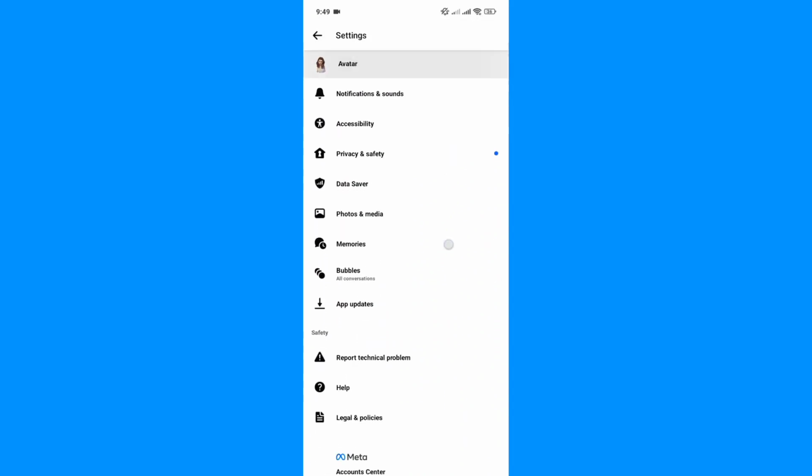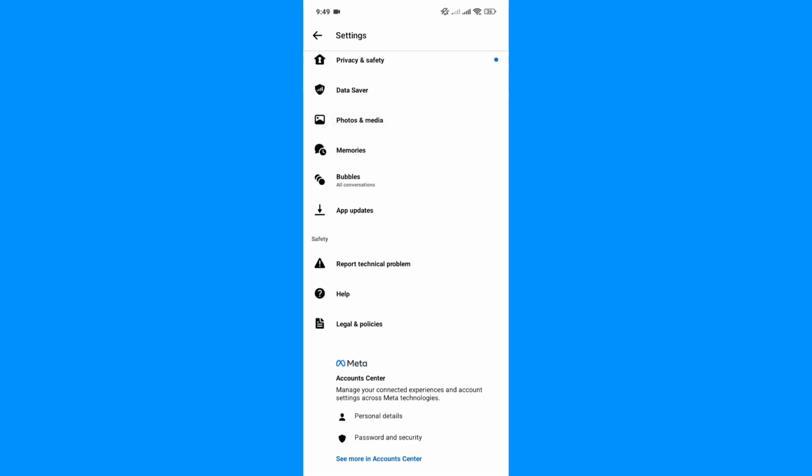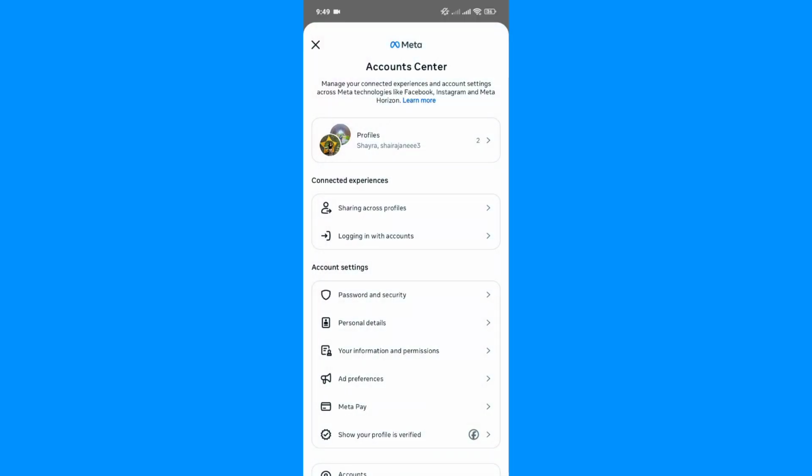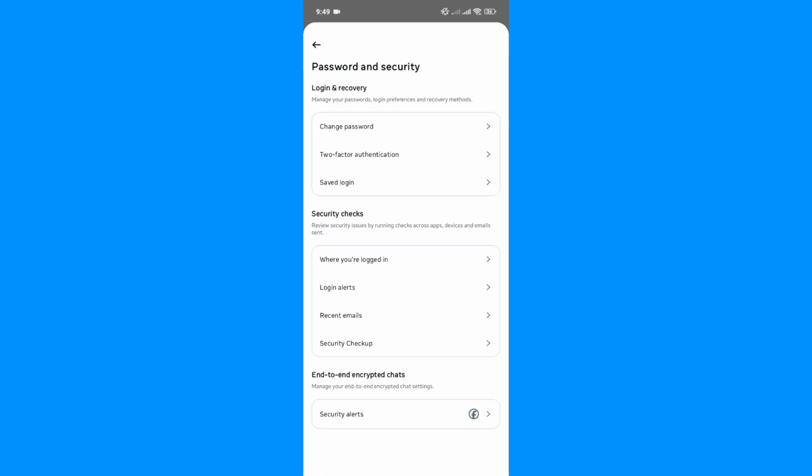So to be able to remove Messenger account from other devices, what you can do is to go ahead and scroll at the bottom of your settings. Click on that Meta Account Center tab. Click on that password and security button, which you'll find under the account settings, and click on that where you're